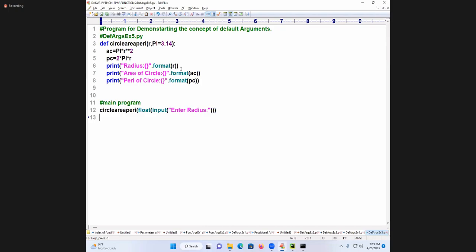When do you go for default arguments? When there is a common value for similar function calls. That is important. When there is a common value for similar function calls, that common value must be taken as the default argument value. Don't pass that as a positional argument. If I pass it, it takes a lot of time to transmit the data. That is the meaning of default argument. Positional arguments are used for passing which data? Specific data. Default arguments represent what? Common data. And everything is important.